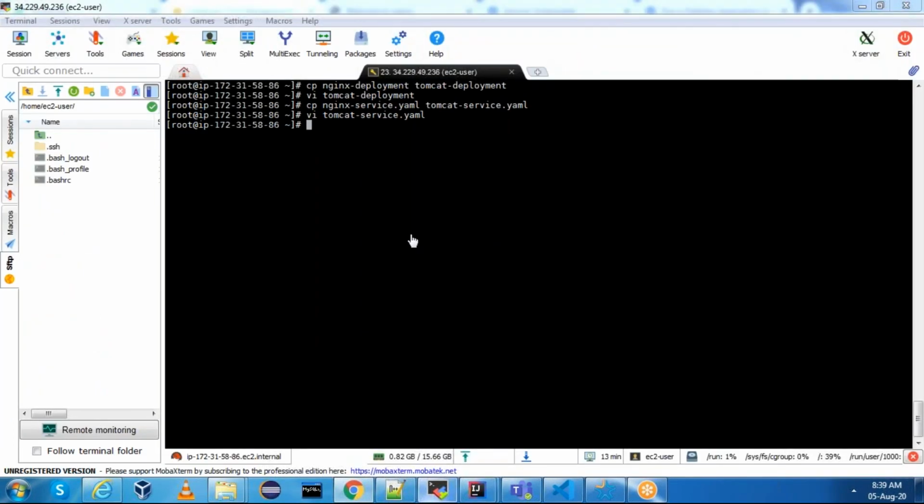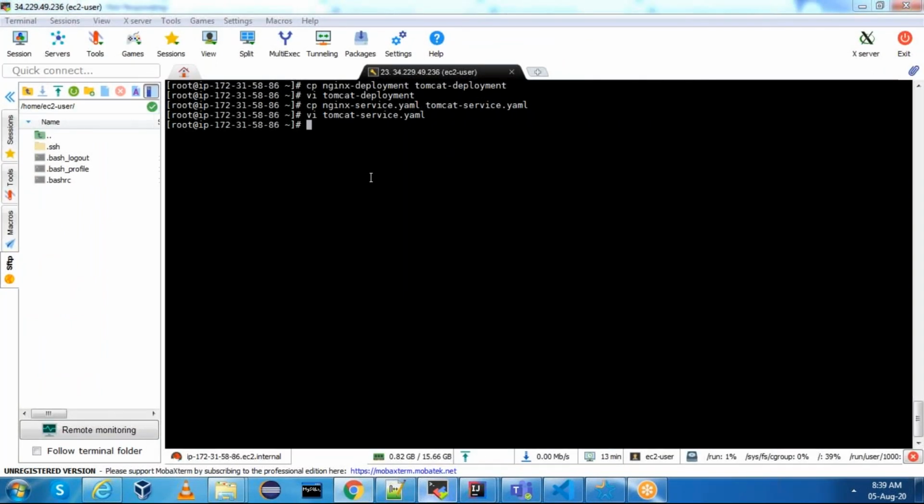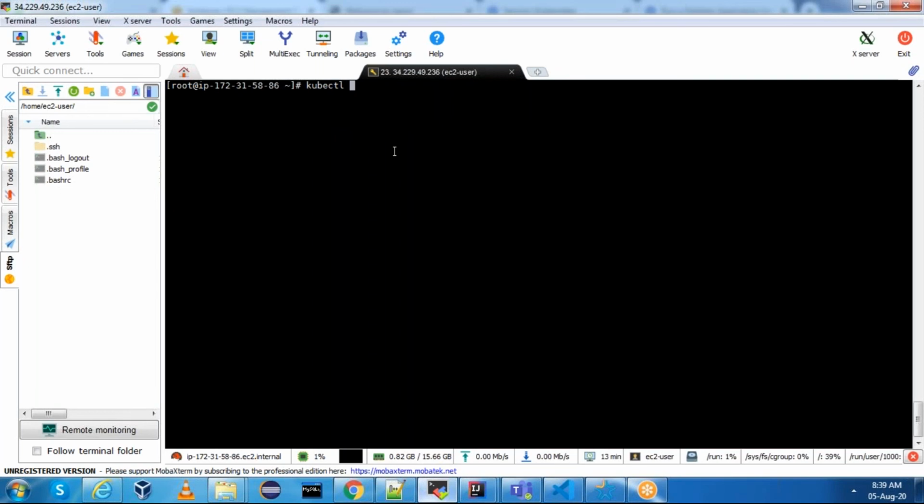Run before that. Run deployment and service manifest YAML files. kubectl apply -f tomcat-deployment. kubectl get pods.